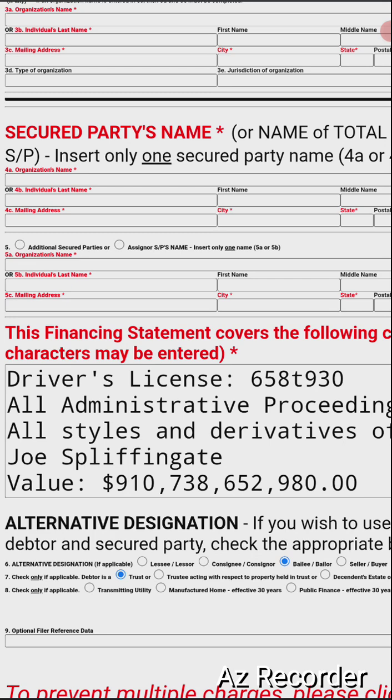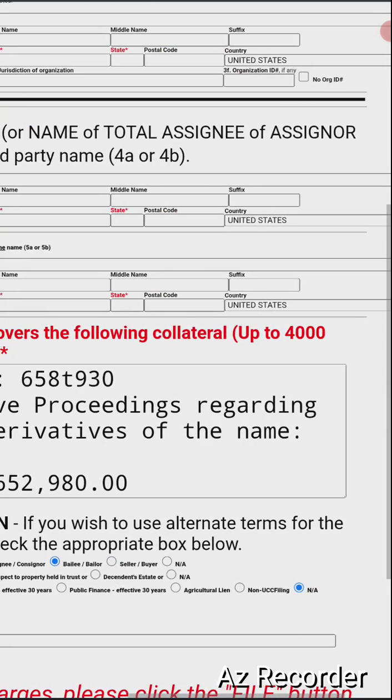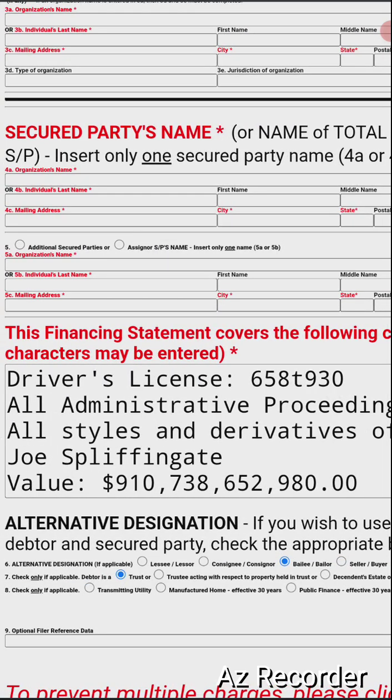Number 8, check only if applicable. Now, okay, so transmitting utility. In other words, a pass-through. The debtor is a pass-through. So, transmitting utility, you can click on transmitting utility. When you click anything here other than the last choice, and we'll get to it in a second, anything here other than the last choice in this last row, I'll just slide over and let you take a look at it, where it says non-UCC filing. Anything else that you click